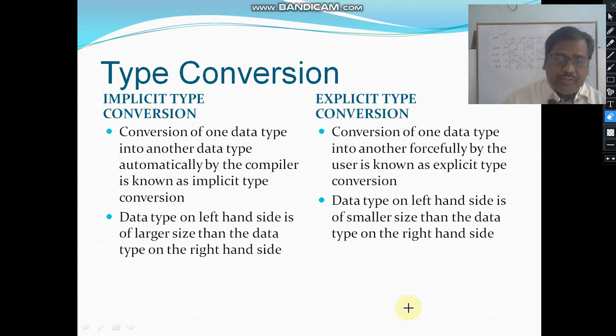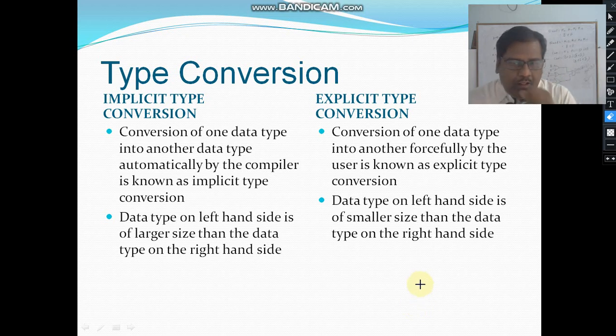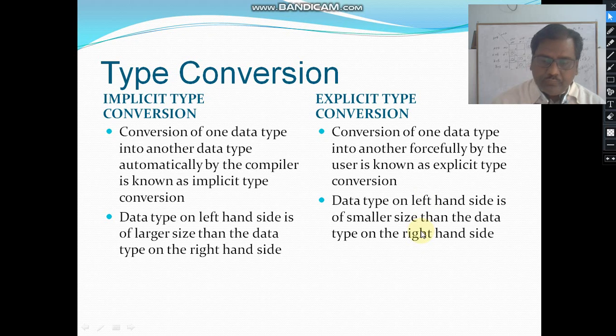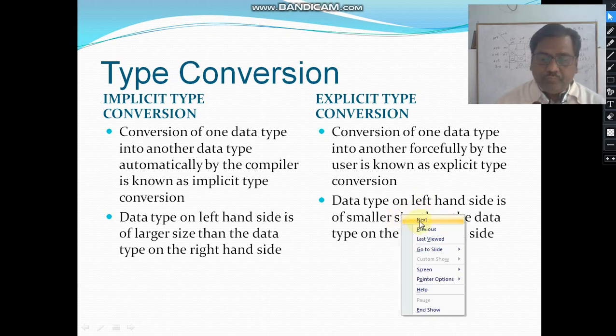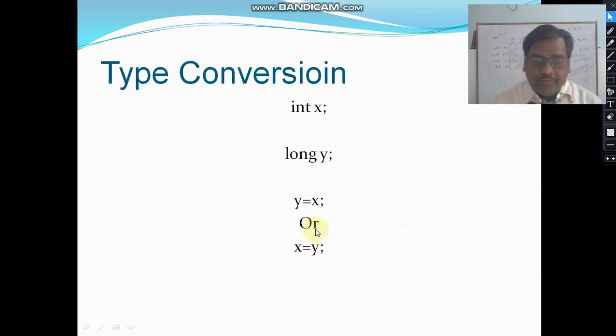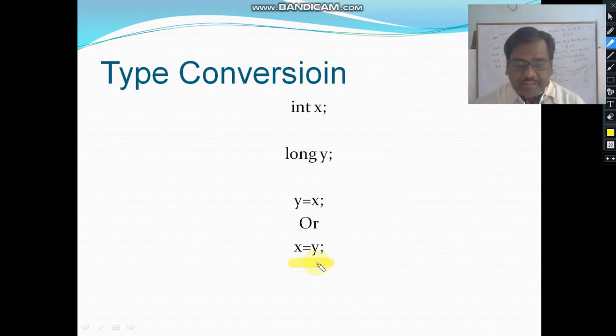I have shown you in the previous example that when you see the statement x is equal to y, I said this is an error. Why? Because the left hand side data type is int and the size of int is 4 bytes.